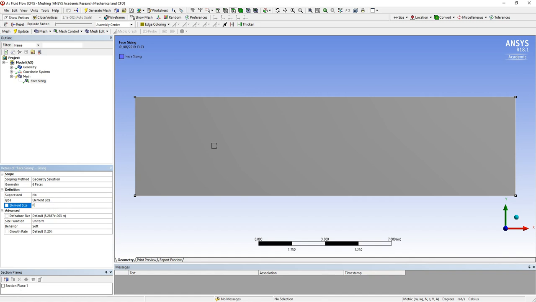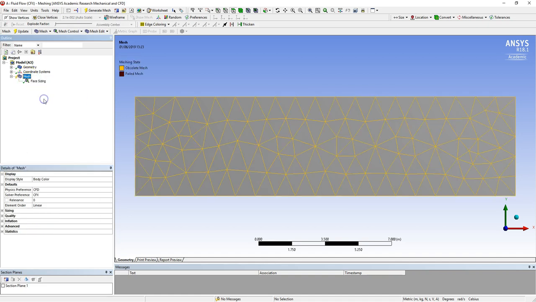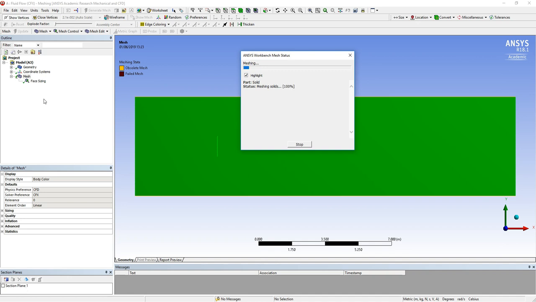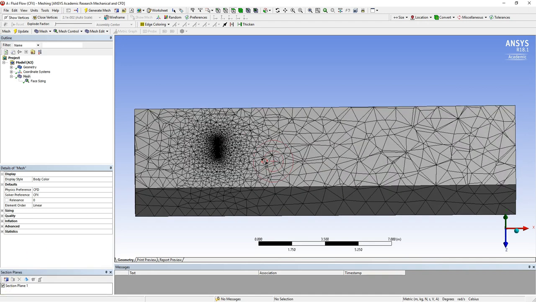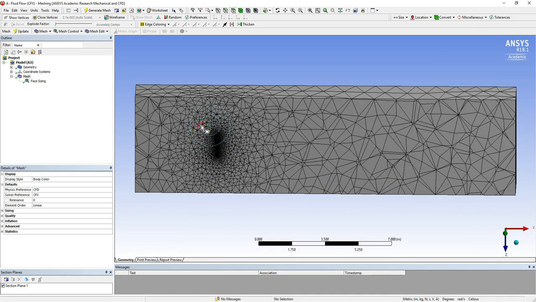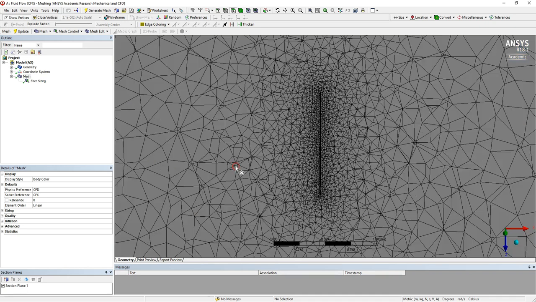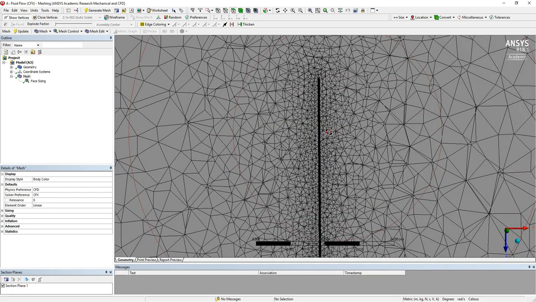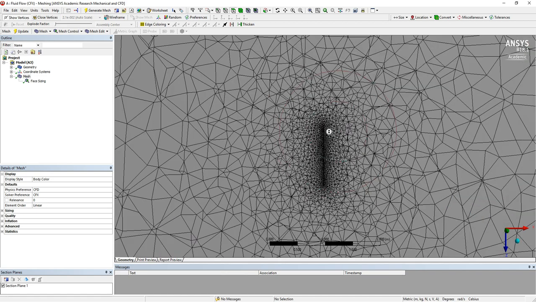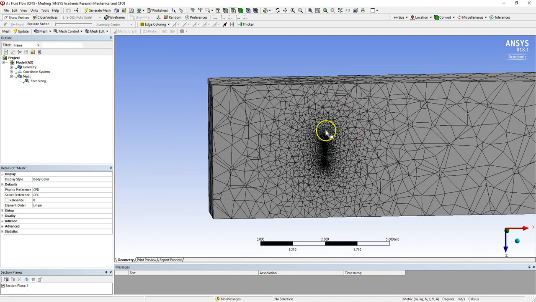And if I select my element size to be about 2 centimeters large, and now right click on Mesh and Generate Mesh, should just take a few seconds, and that looks a lot smaller, but the only way really to tell is to click on Section Plane again, rotate around, and you can see that's much more refined. So hold your right mouse button down and release, and yeah, that's much better. We could even go smaller, and probably should, but I'm just going to keep this case simple so it runs on everyone's machines. So once you're happy with that mesh, click Update,